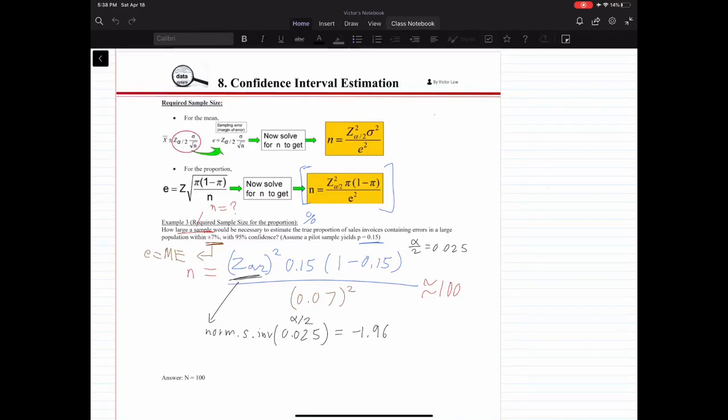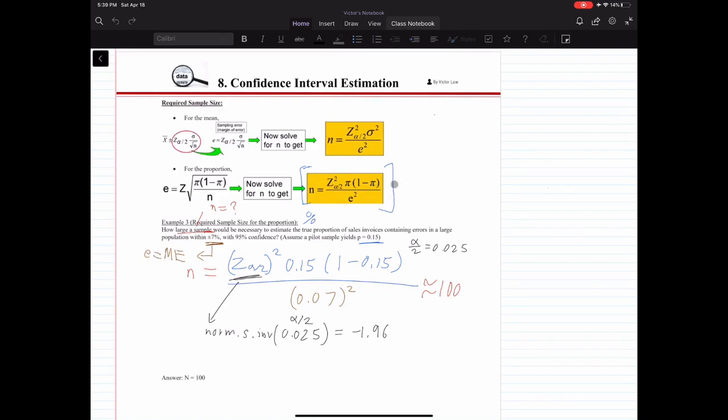Next topic is looking at the required sample size that we need. And there are two formulas for the required sample size. One is for the mean. This is the formula for the mean. And then we have the formula for the proportion. So you need to know which situation you're in so you can use the right formula to get the required